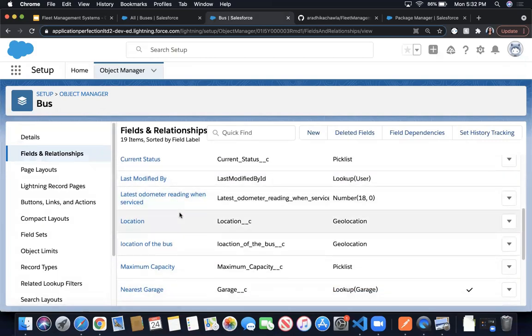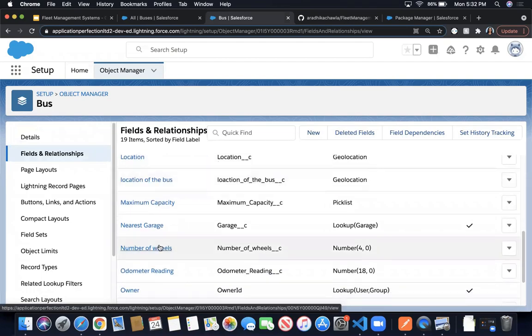latest automated reading. This we will use when we work on the batch file. Location of the bus, maximum capacity, nearest garage. These are all the things we will use when we work on the trigger and then batch process. So while making the data model,